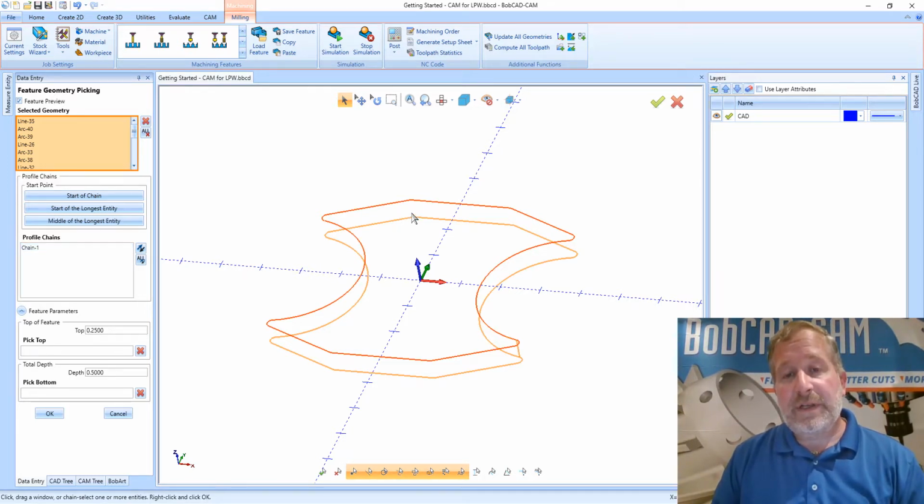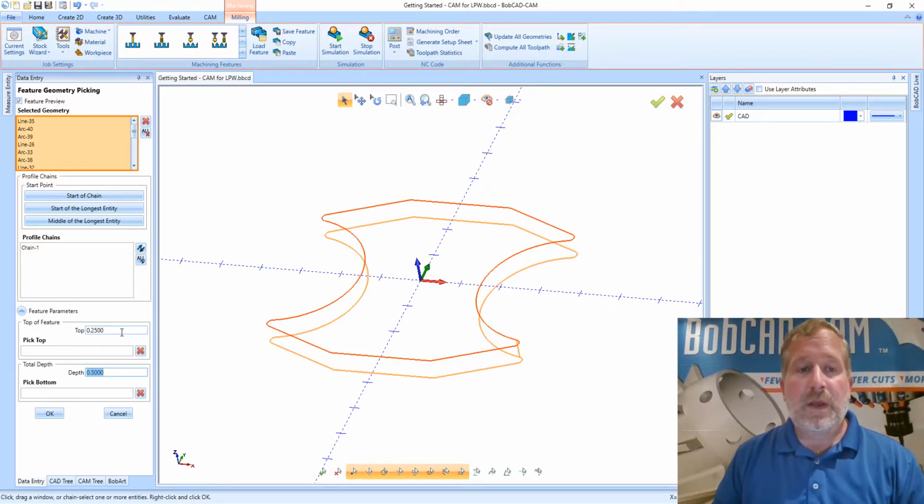Now the depth that it's showing in this preview is controlled by this total depth field. So we have our top of feature and we have our total depth. So right now the system defaults to 1/2 inch, so 0.5. But we set this geometry up, our stock, if you recall, we only set that 1/4 inch thick, and we set the 0 at the bottom. So that's why our top of feature is set to positive 250 thousandths, that 1/4 inch,